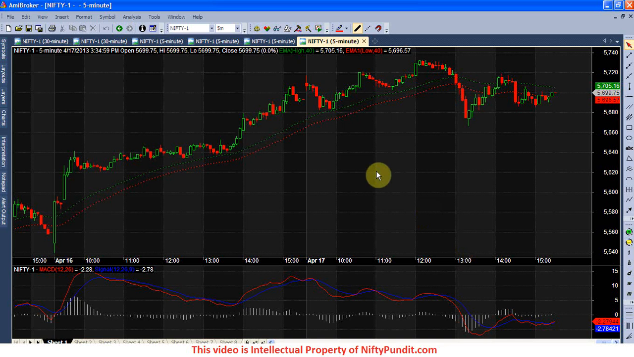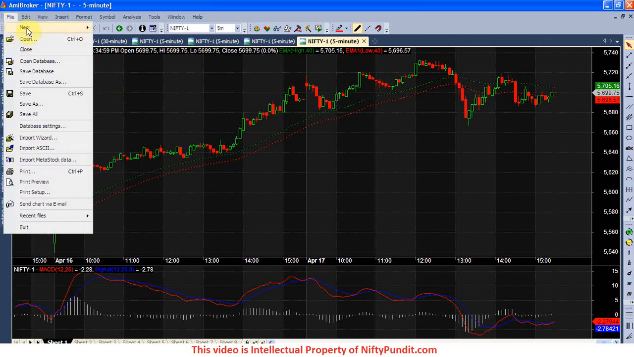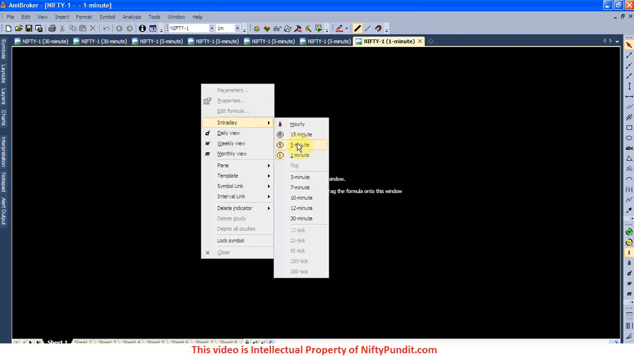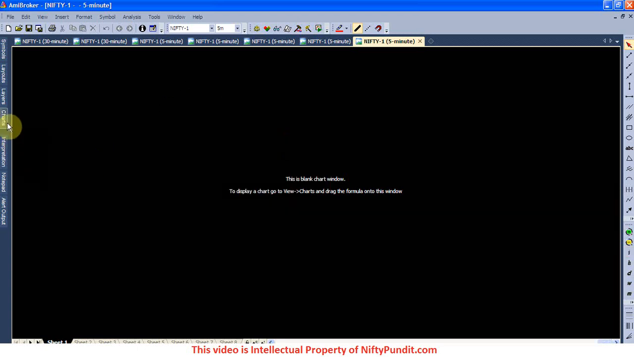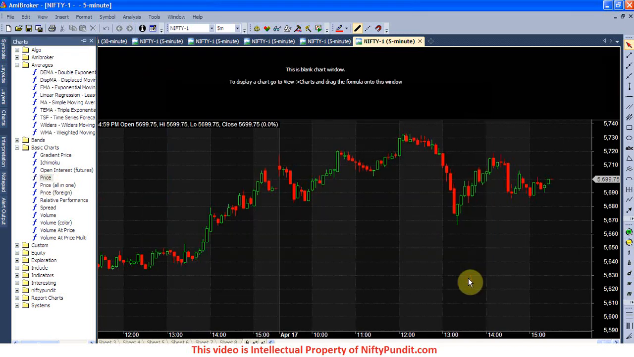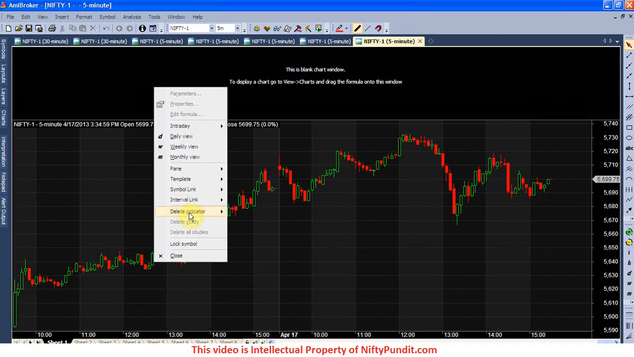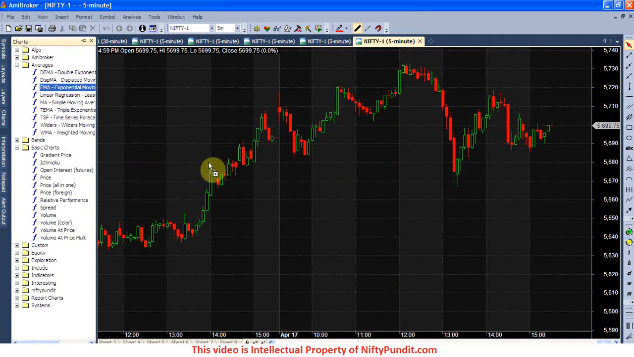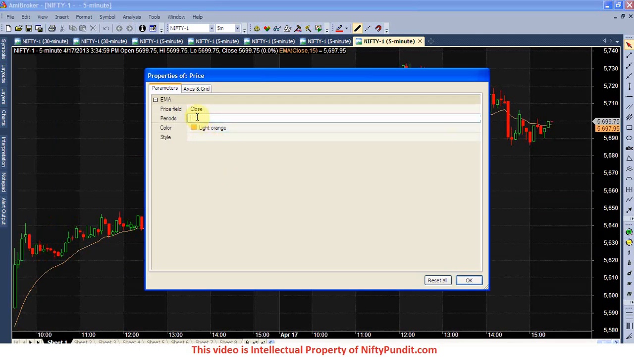I am going to explain how to make this intraday trading system in AmiBroker with MACD and EMA. I am going to create a new blank chart. I set the time frame to 5 minutes. I will just grab the price indicator over here and then I'm going to drop the EMA 40 period. I select the high